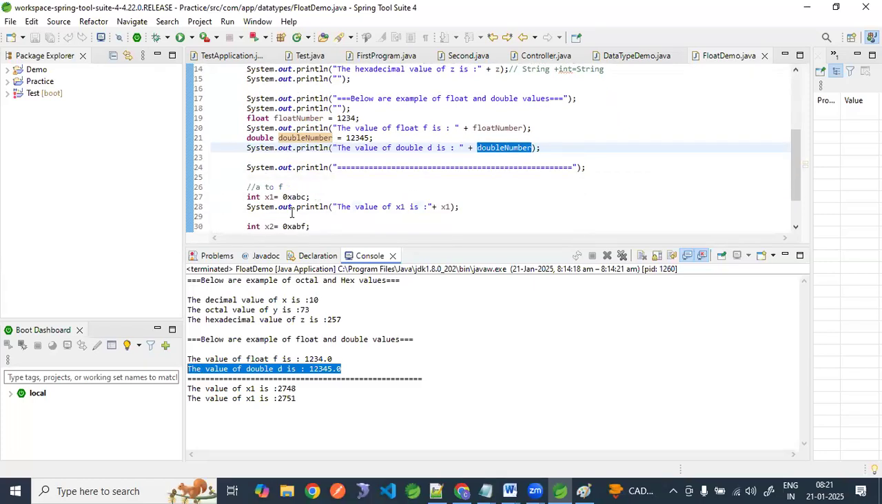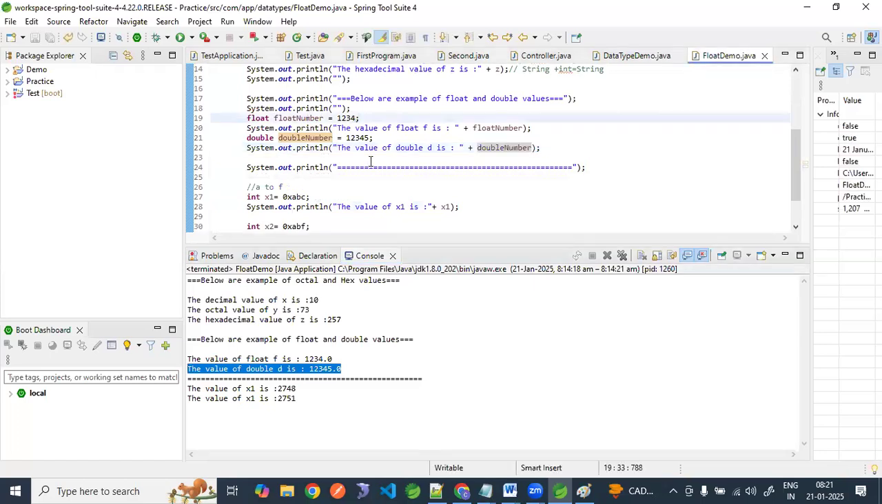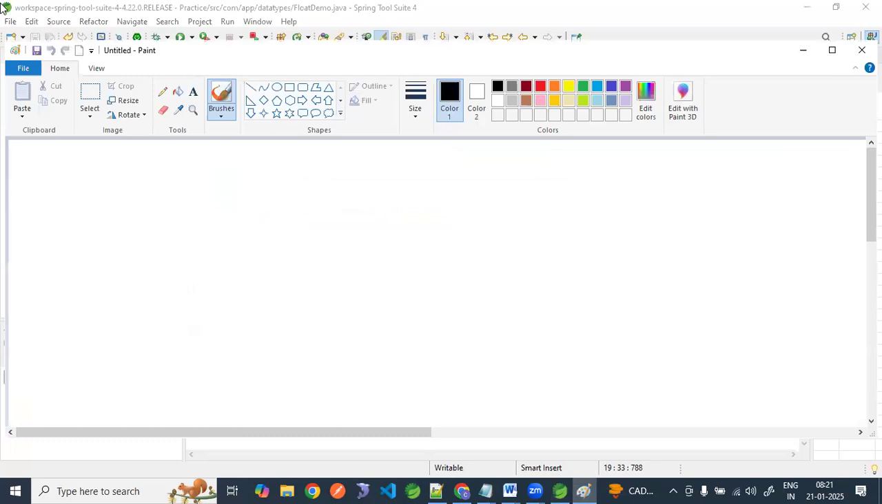Okay, guys. Now there is a hierarchy. I want to show you that hierarchy. Let me show you diagrammatically here. Hope my screen is visible. What is the size in order? So what is the size? Very first